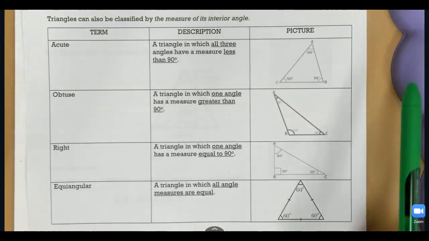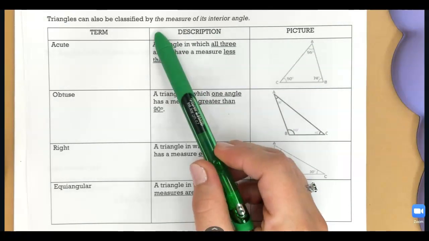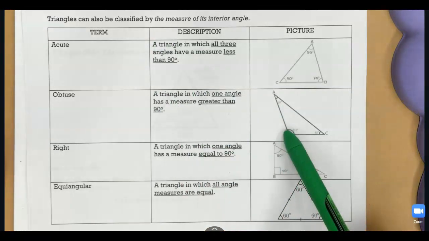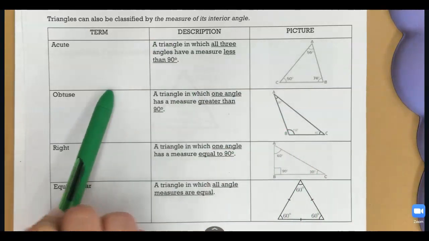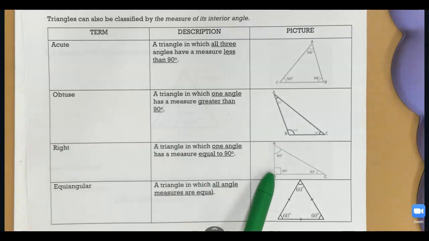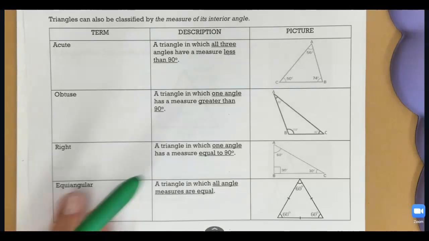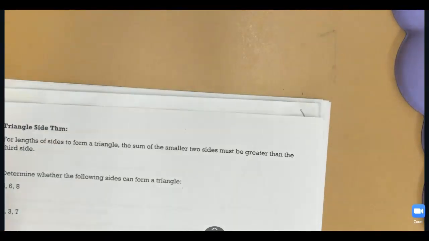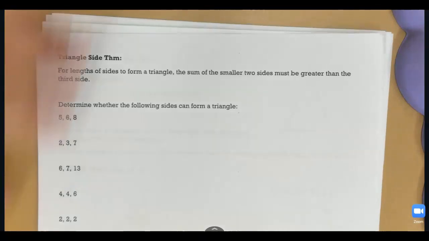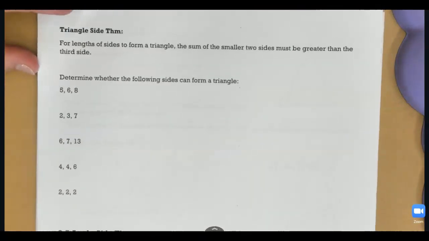If all three angles in the triangle are acute, then it's an acute triangle. If one of the angles is obtuse, it's an obtuse triangle. If one of the angles is right, then it's a right triangle. And if all three angles are the same, it is equiangular. And a fun fact about equiangular triangles is they will also be equilateral and vice versa. If you have an equilateral triangle, it will be equiangular. So that is just how to classify them based on either the lengths of the sides or the measures of